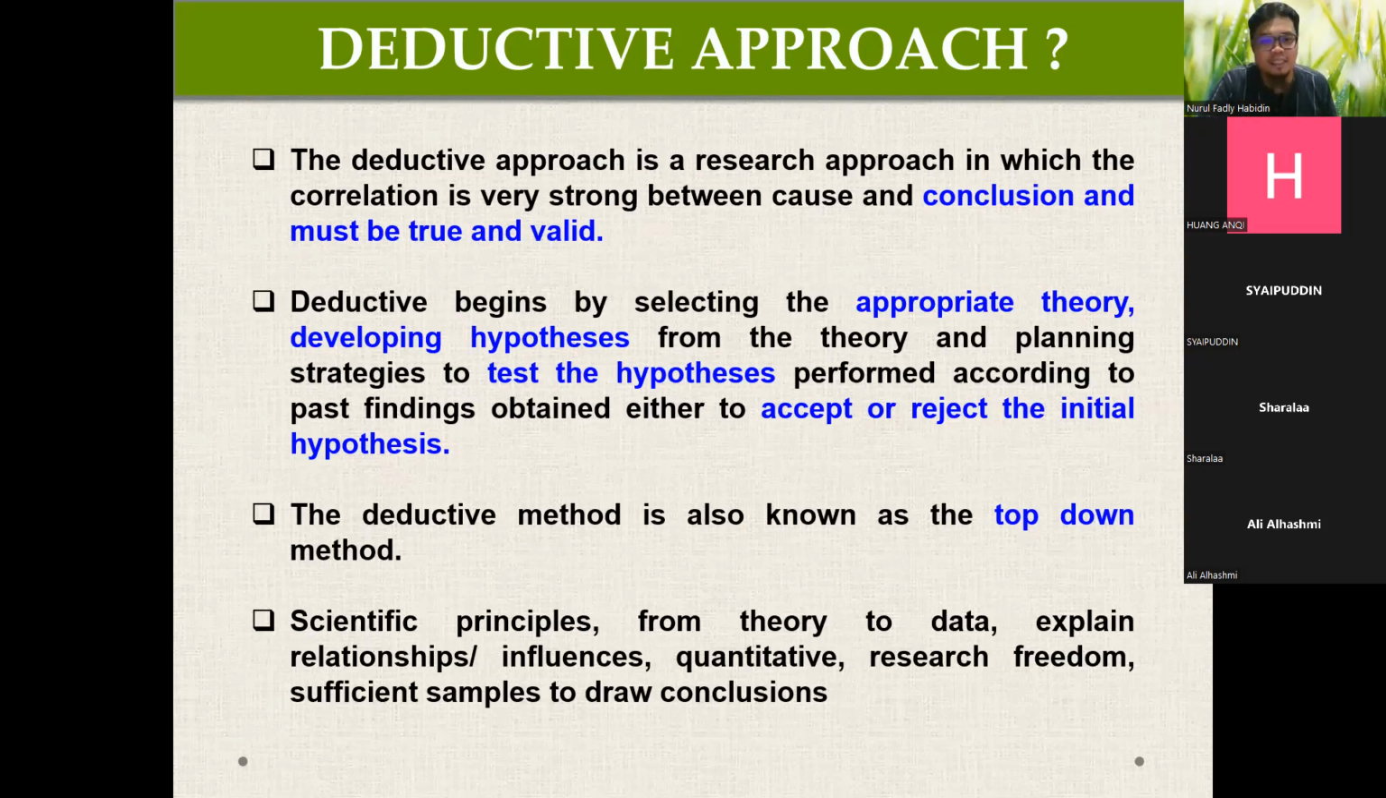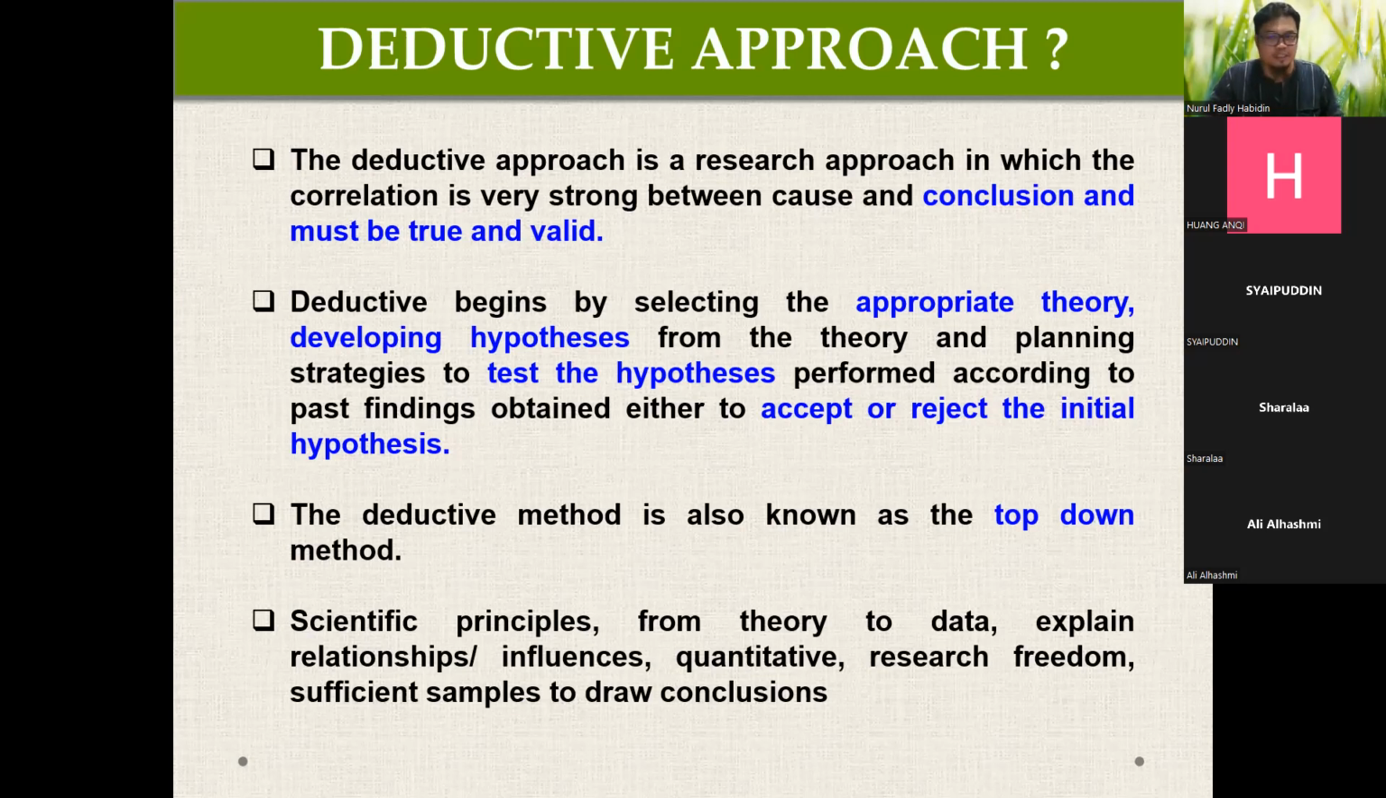And planning strategy to test the hypothesis, meaning that we need to test the theory. So I have a theory. Next, after I'm done with the literature review, I can propose the hypothesis. But the hypothesis needs to be tested, meaning that indirectly you need to test the theory. Once you test the hypothesis or test the theory, according to the past findings, you obtain either accept or reject of the initial hypothesis. So from your hypothesis statement, we have H null, we have H1, or we call that